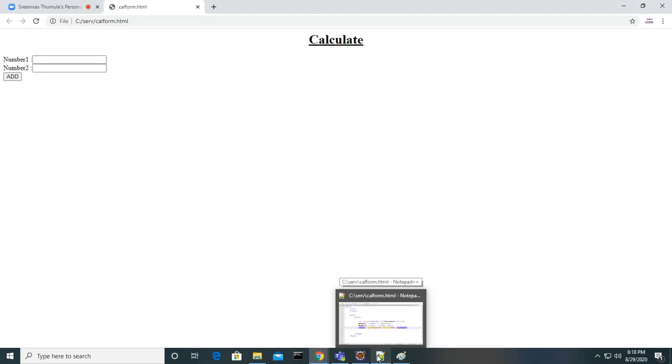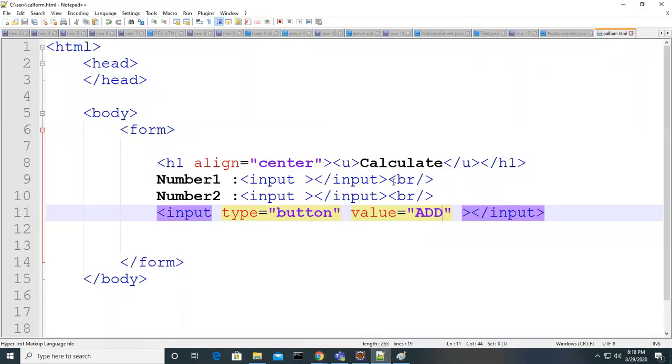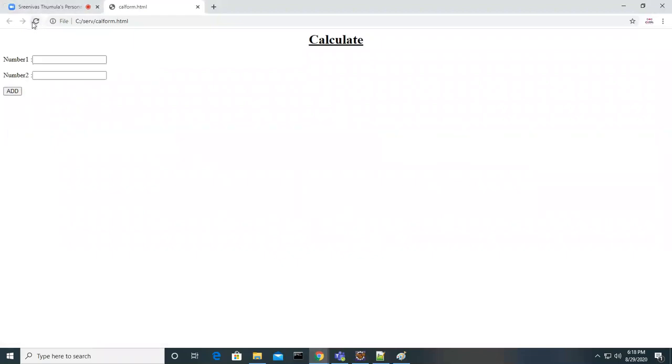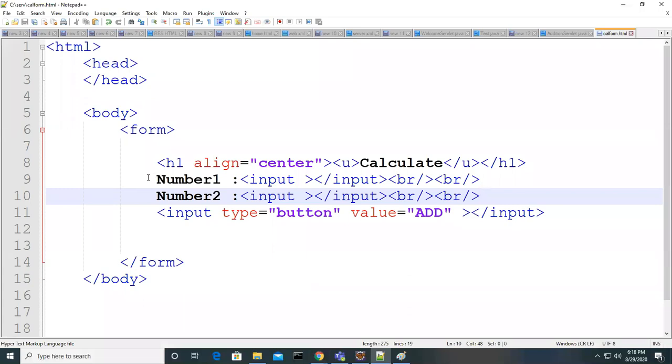Like this, if you want to do more alignment, you can still change it. I just added a break and did it like this. We got some gap, right? You can feel it is somewhat better. But still, if you want this whole part in the center, you can still do it.